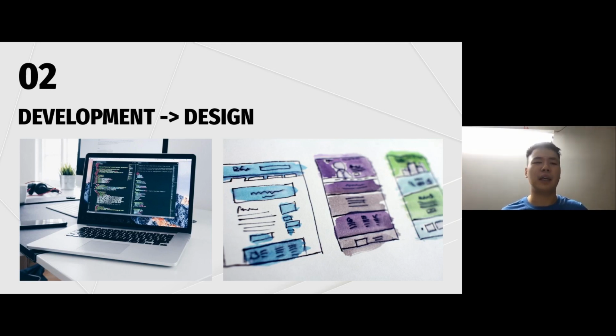And then I realized that I didn't want to stay in development for the rest of my life. I wanted to learn more skills. I wanted to broaden my knowledge around product development and product design. So as a result, I transitioned into design by meeting some designers at my existing company that I was working